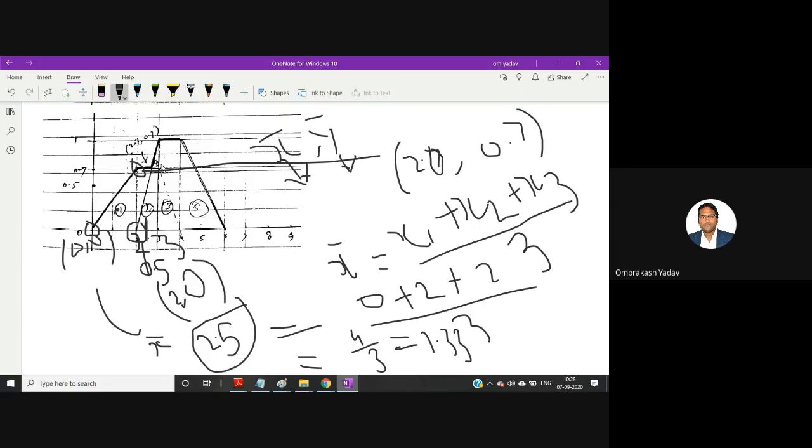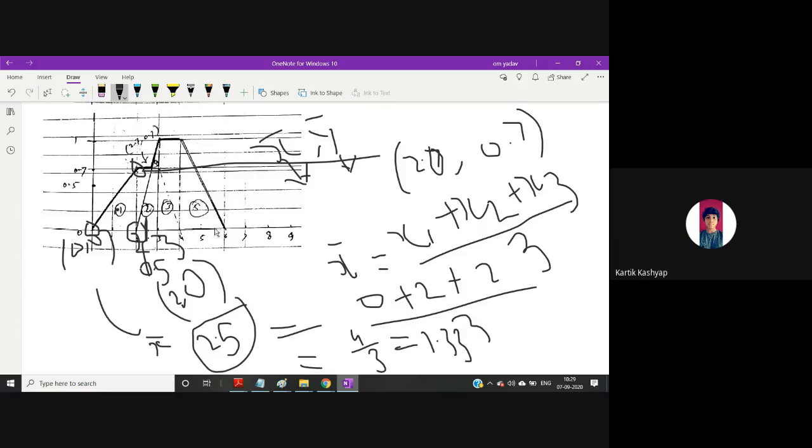For example, you can take this as an entire rectangle. This will be one area, and then this is one triangle, and this is one rectangle. This is one triangle, and this one. So I can reduce one particular area, or I can divide into four parts also. It's totally up to you. There is no hard and fast rule how it should be divided. Clear?